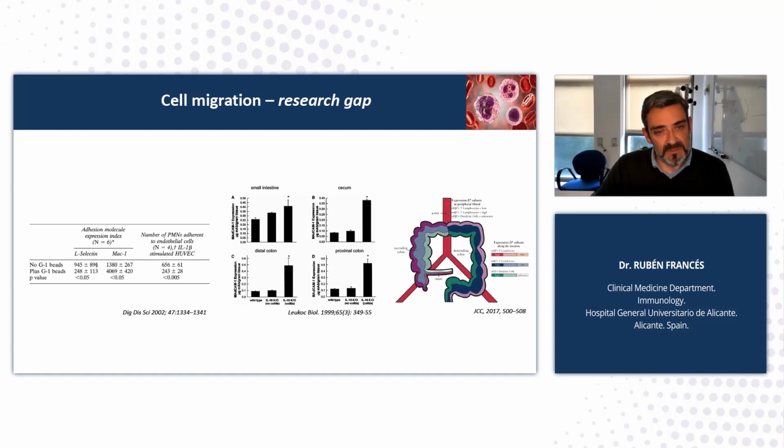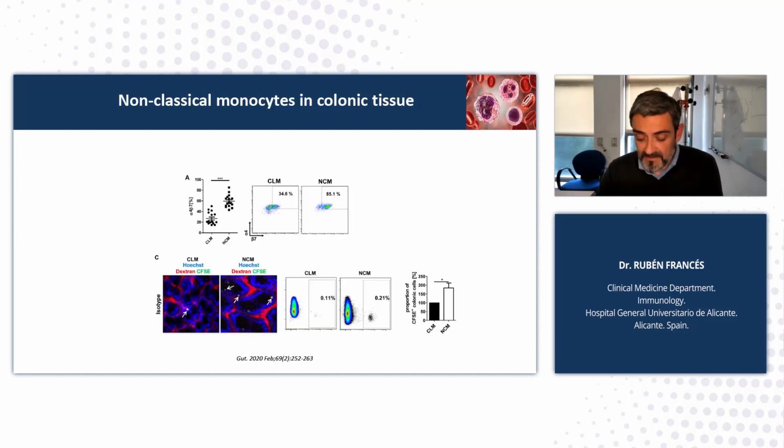But the cell adhesion molecules, integrins, and so on have an uneven expression along the colonic tissue. And I think this is kind of a research gap in terms of what GMA treatment is doing regarding the expression of homing markers. This becomes even more important because recently, integrin alpha 4 beta 7, which is classically related to T cells, has been described in a newly identified population of monocytes